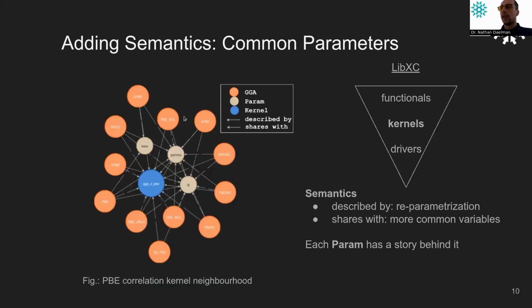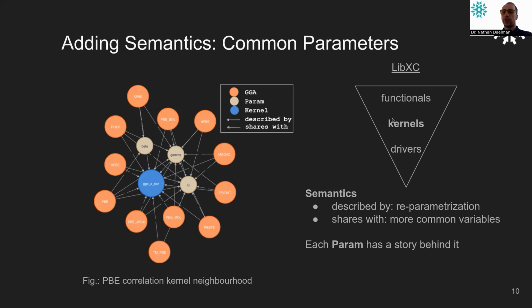So up to now, I've heavily emphasized the power of clustering by reference. But is that all we can extract from the libxc? No, not quite. We can go a bit further. So the libxc devs understood that not each functional warrants its own implementation, but that rather many functionals share